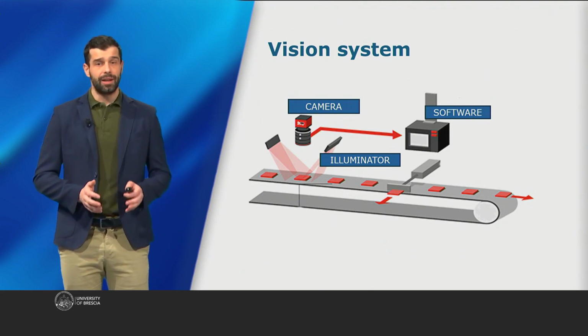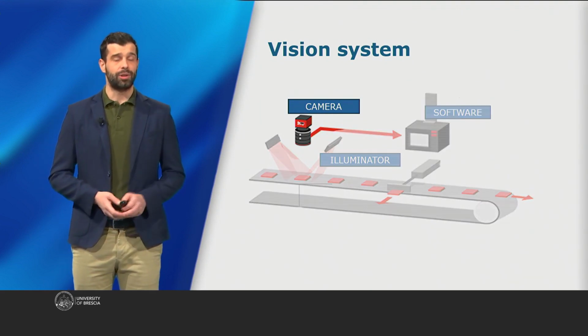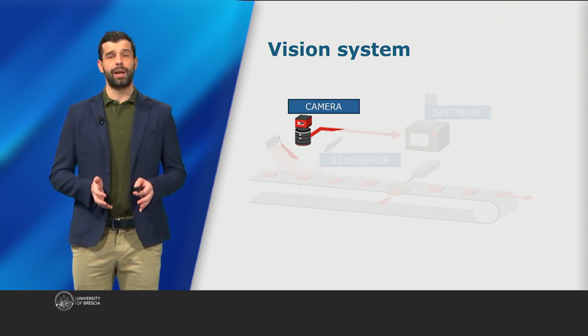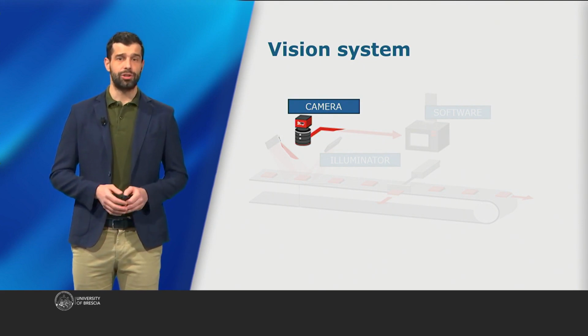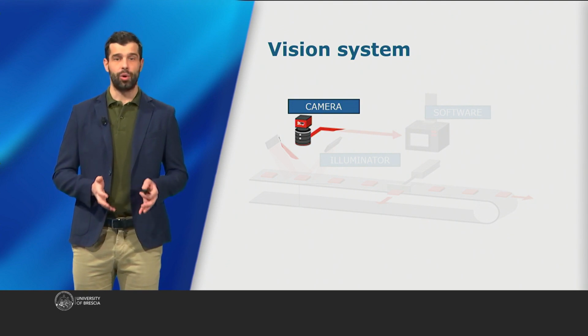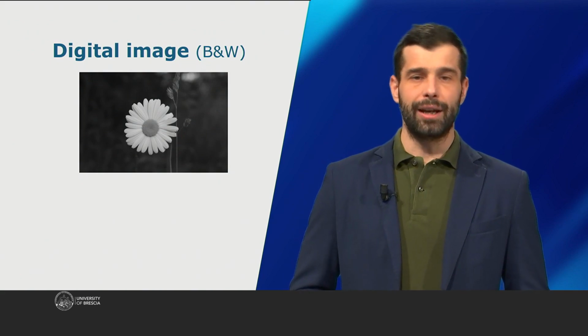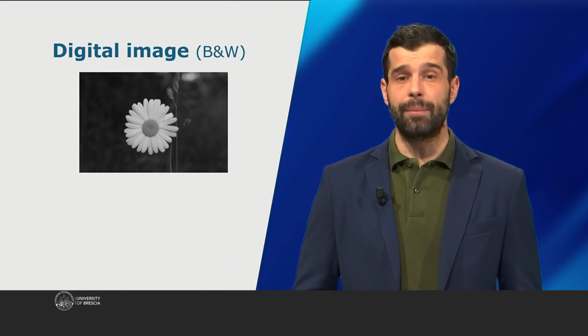Welcome everyone to this 5th episode of the Computer Vision course. In today's lesson, we will continue to analyze the output of the camera, that is, the digital image. While in previous episodes we mainly focused on black and white images, or rather grayscale images, today we will start talking about color images. But before we begin, let's make sure we're all on the same page about what a